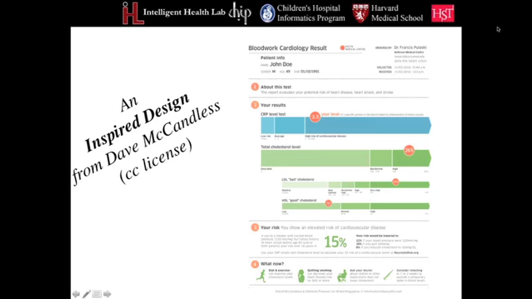And you can see that it would be interactive so that your risk, that big percentage of 15% down there, will change depending on what your smoking status is, and you should be able to play with it and see how disease risk factor modification will change your risk of a myocardial infarction, for example, or cardiovascular disease. You could see this being used by a doctor at the point of care, by a patient, or by a doctor and a patient in a conversation with each other.